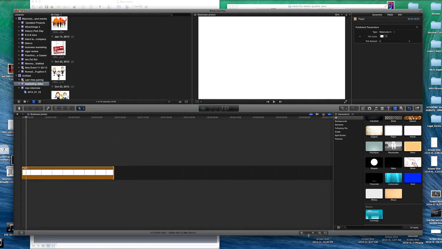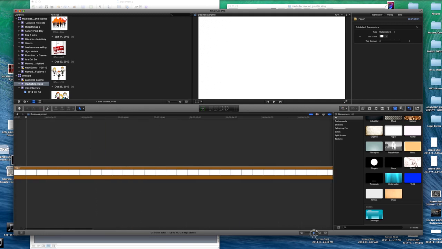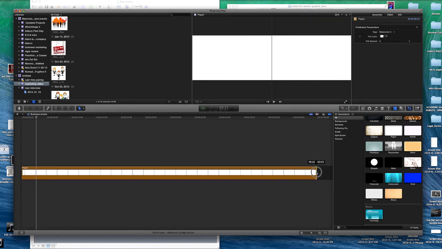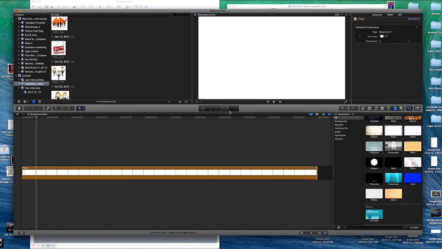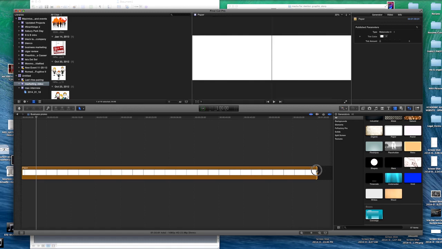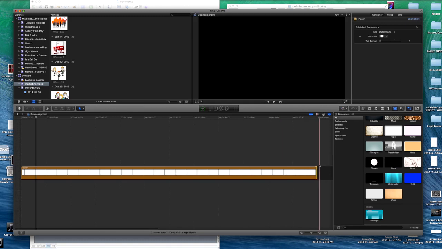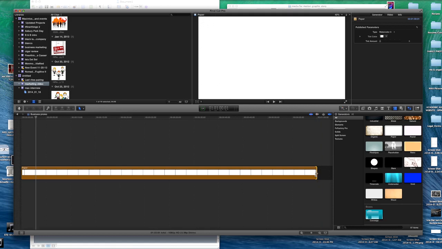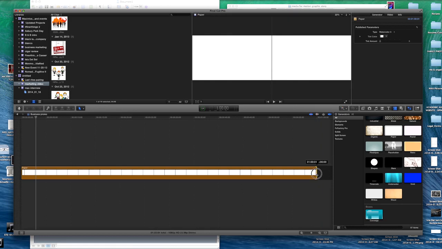That seems about right. Now, if we want to expand the timeline area, we're just going to go down here to this measurement tool, and this expands it and contracts it, and gives us a nice little area to look at it. So there we go, just like that. And we can always look at, obviously, right here, our timer to see exactly if we want it at a certain time. That looks like right at a minute, more or less. It's a minute, 1 second. Close enough. So